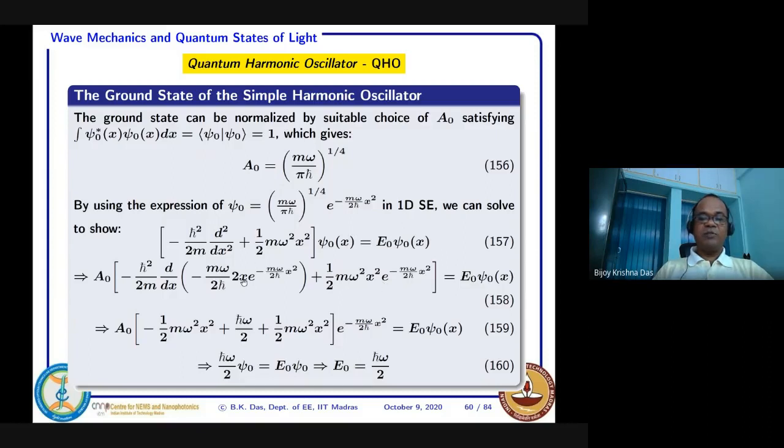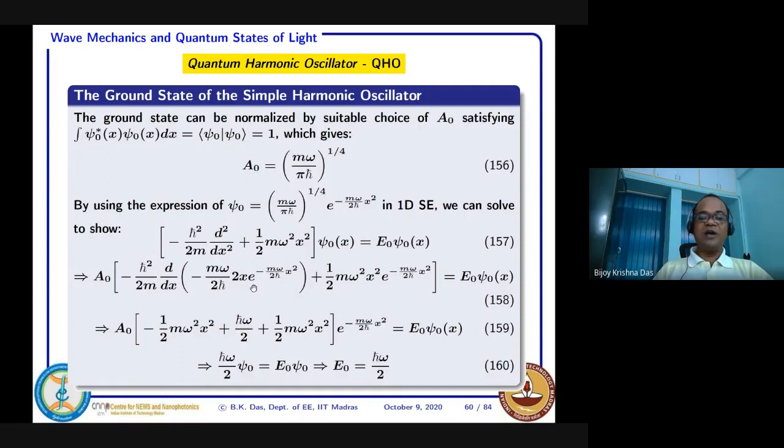Now you see two variables. One is x. If you are taking the derivative with respect to x, you have two variables, x and e to the power of this one. So you have to differentiate by parts, and you get two terms. In the first term, if you simplify a little with the h cut square multiplication, you get exactly minus half m omega square x square. That is the negative of the potential energy part you have here. Of course the factor e to the power minus m omega is there. So it is simple and straightforward.